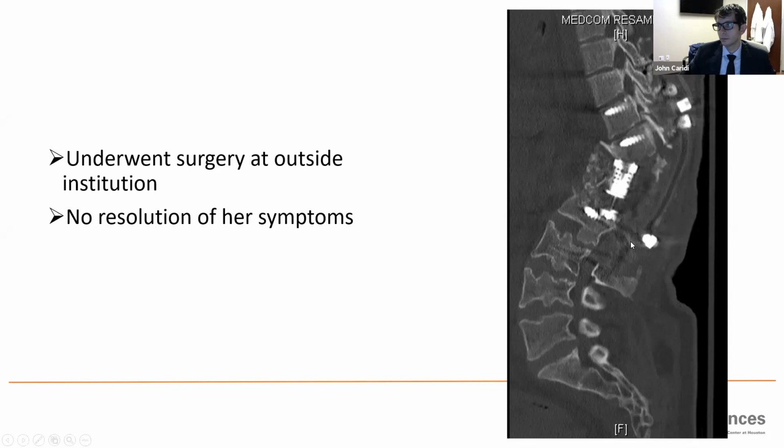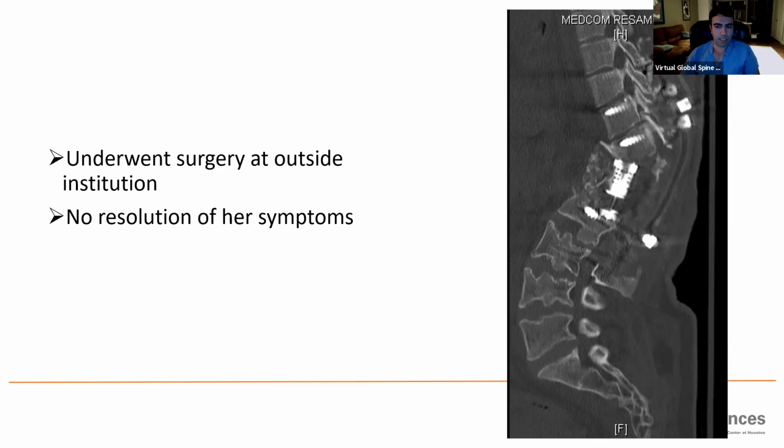Gotcha. So the goals would obviously be to remove some of the hardware. I'd want to get that expandable cage out. It would be very, very difficult, but I'd try to go lateral on that. I'd get an approach surgeon. That would probably be the easiest way of getting rid of that.